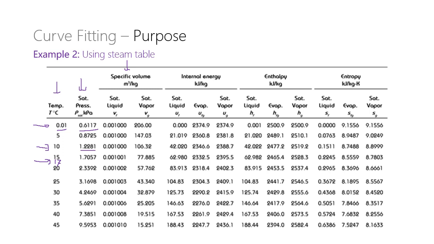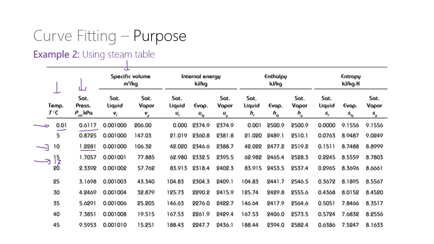I want a saturated pressure at 17 degrees centigrade. What will happen is that we believe the data collected, the steam table, is obtained from very carefully designed experiments. So the error involved in the data in the steam table is very small compared to the previous example, in which the data was not completely accurate. There was a significant error involved. But in this example, the steam table data is obtained by carefully designed experiments.